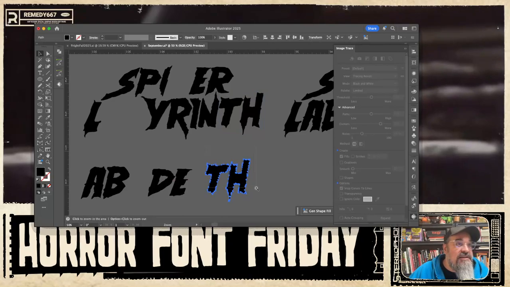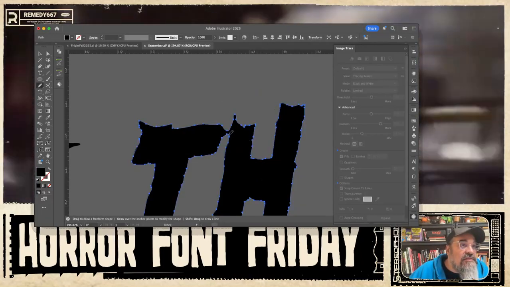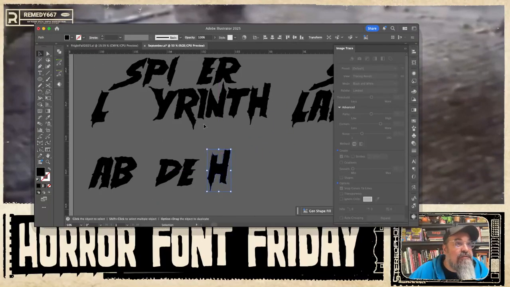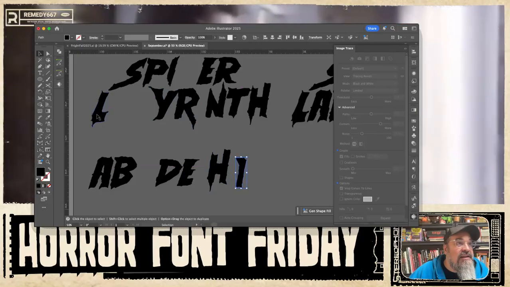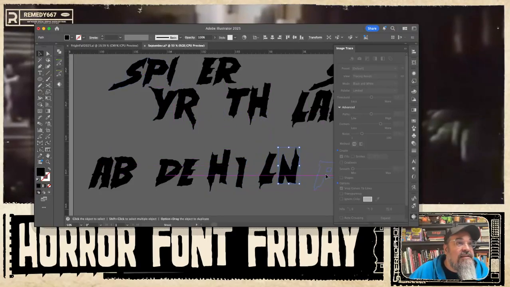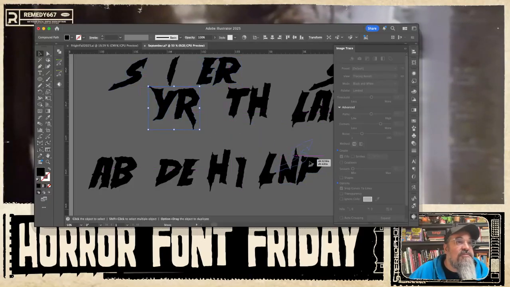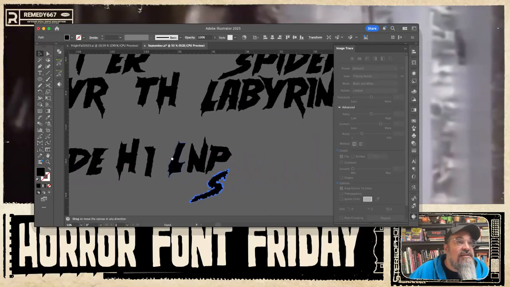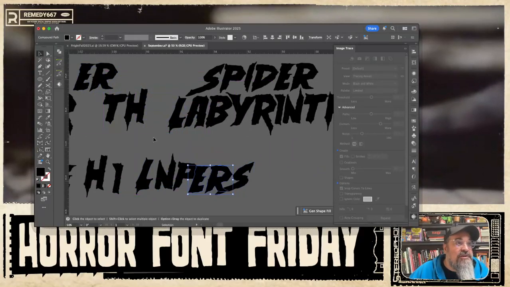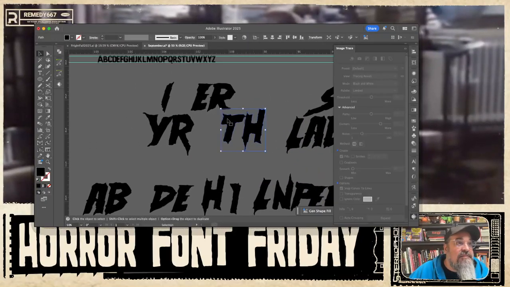The H and the T are connected. So I feel like the H would be smooth and the T would come off of that. I, L, and P. There's two different R's, which is pretty interesting. But I think we're going to use the top R for our general R and that T, and then we'll grab,